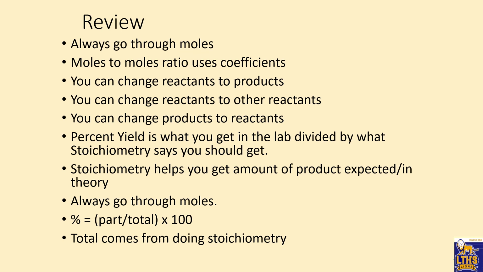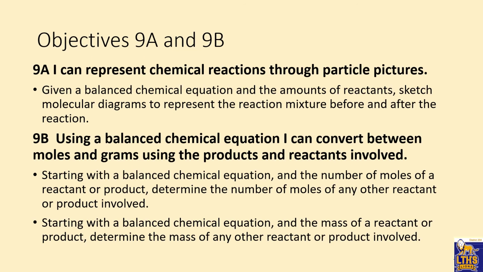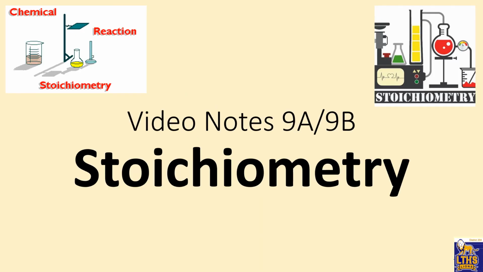So here's the review. Always go through moles. Moles to moles ratios use coefficients from the equation. You can change reactants to products, reactants to other reactants, products to reactants. Percent yield is what you get in the lab, actual, divided by what stoich says you should get, which is theoretical. All right. And then stoichiometry helps you get the amount of product expected in theory. Always go through moles, part over total. Total comes from doing stoich. All right, here are the objectives again. Here's our last thing, and